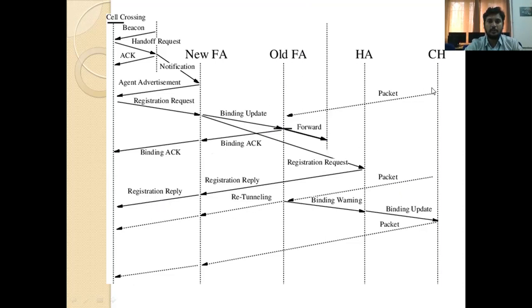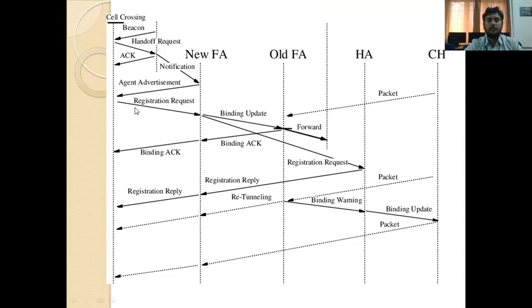Generally, first the correspondent node sends a packet to the old FA, because HA gives the address of old FA to the correspondent node. That means mobile node is available here, but mobile node is not available there. It moves to some other location. Whenever the correspondent node sends a data packet to the old FA, there again old FA identifies the address of new FA and informs the HA, and HA sends reply. Then packet is transmitted to the mobile node.